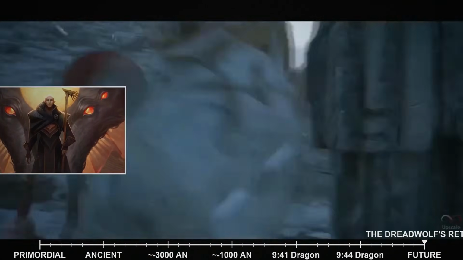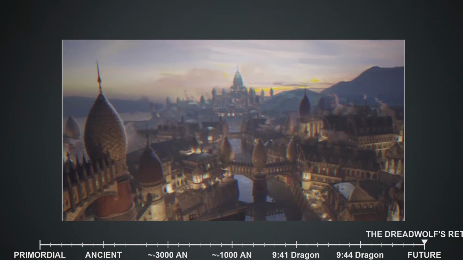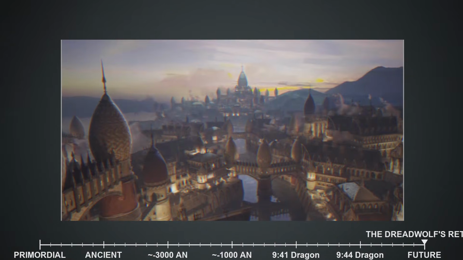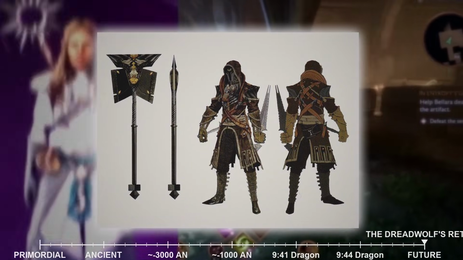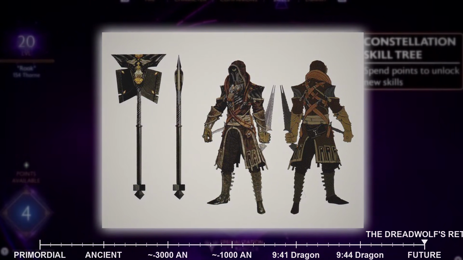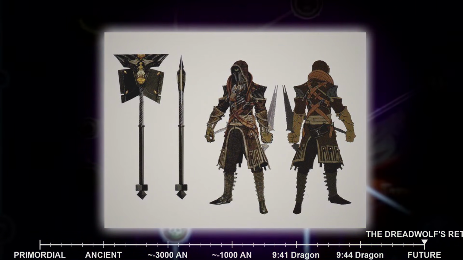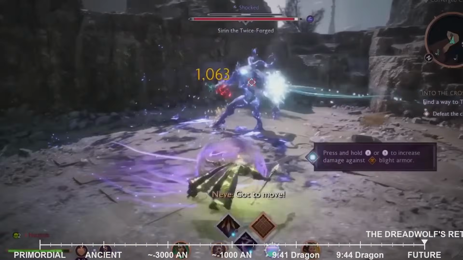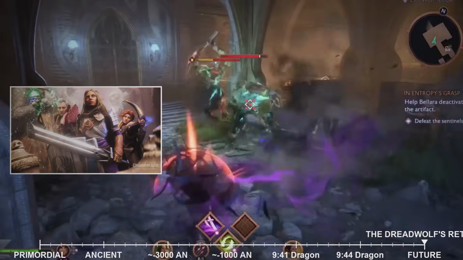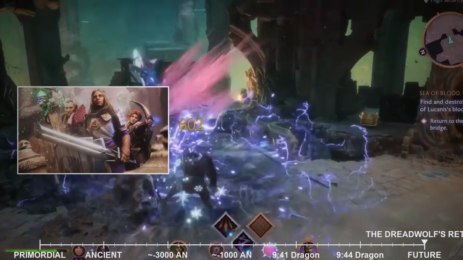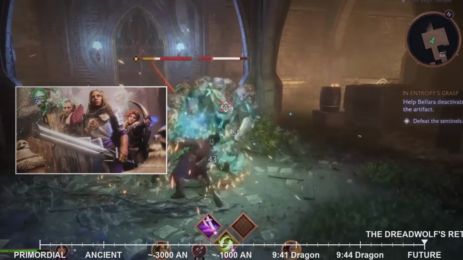As the story unfolds, the narrative will delve deep into the intricate political landscape and internal conflicts within the Tevinter Imperium. This ancient empire is not a monolithic entity. It is a tapestry woven with feuding magister families, the oppressed masses, the ever-present threat of Qunari incursions, and the simmering tensions between traditionalists and reformers. The protagonist will undoubtedly be forced to navigate these treacherous waters, forming alliances, making difficult choices, and perhaps even inadvertently influencing the future of the Imperium itself.